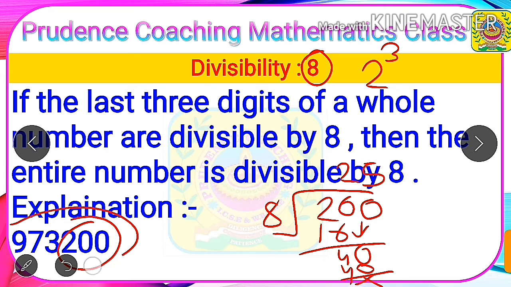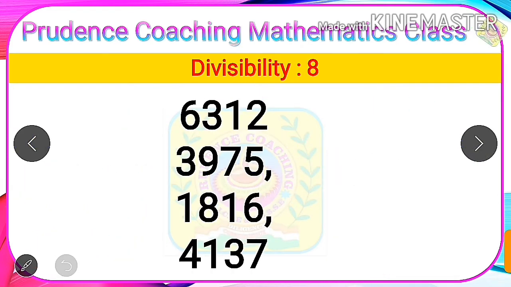Therefore, this number, that is 9,73,200, is also divisible by 8. Let us clear our concept with more examples. First example is